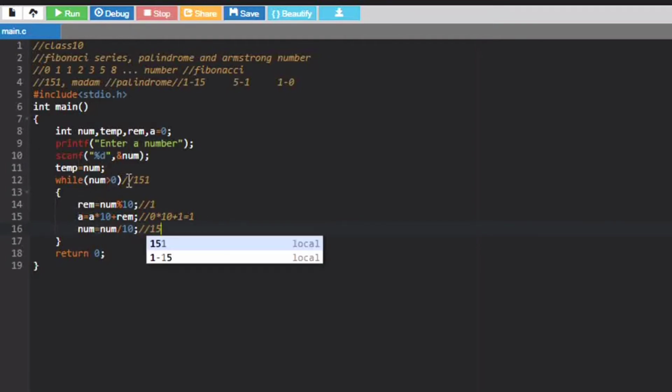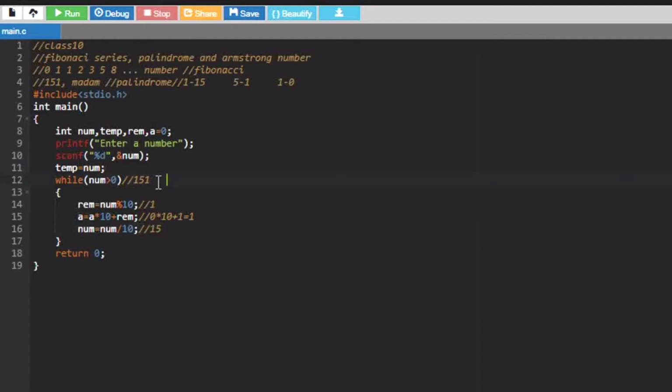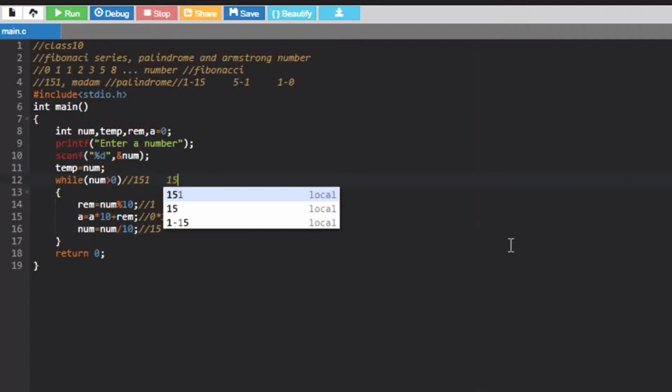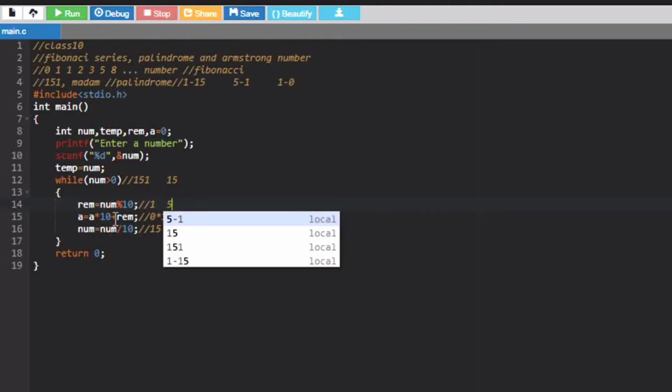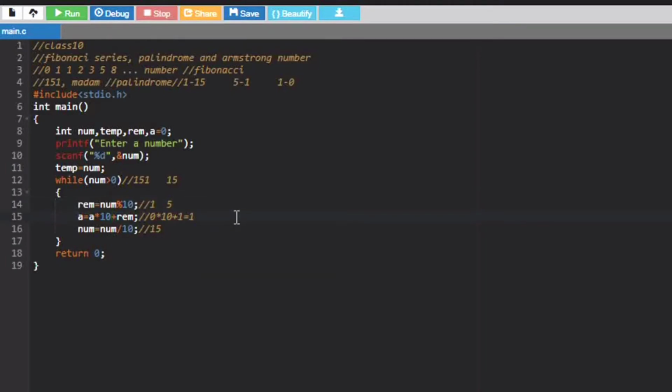So here when it checks again, the num variable would be 15. Coming to the remainder, it will again be 15 modulus 10. So 10 ones are 10 and the remainder is 5. Here our a was 1.